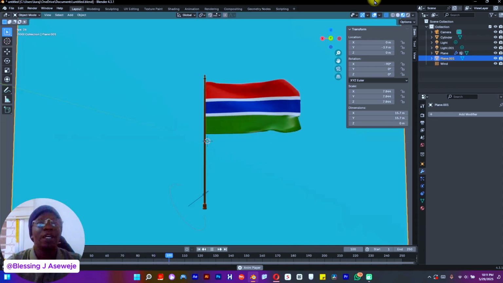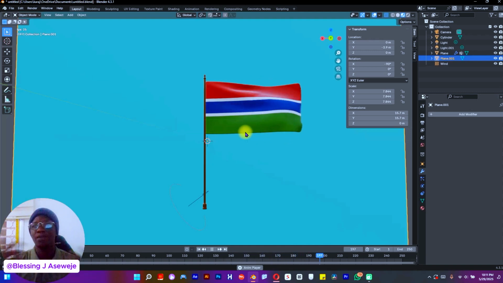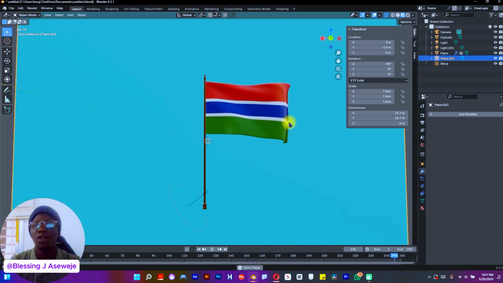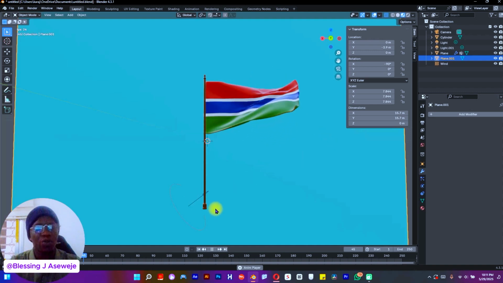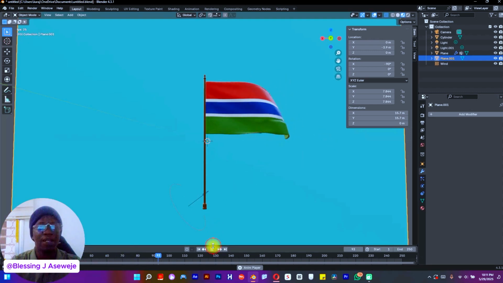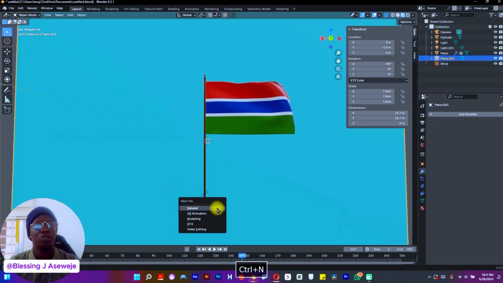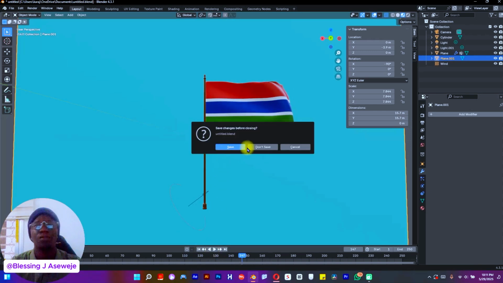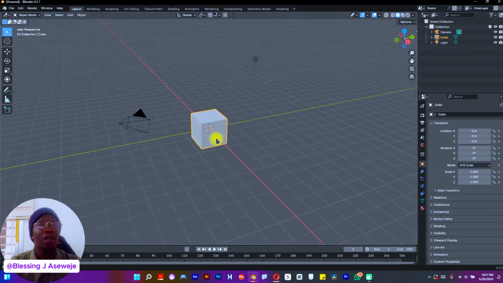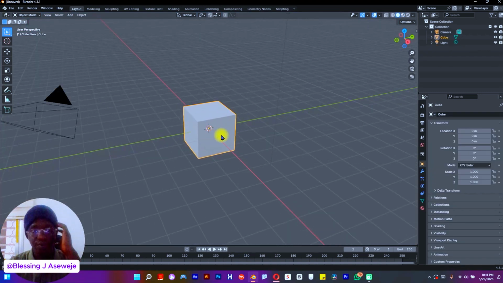Okay, so this is something you can actually do in Blender. It may take you like 2 or 3 minutes, but because I'm explaining, it may take a bit longer. So I'll just show you the process on how to do something similar. Blender is actually free, so you don't need to pay for it. So the first thing you want to do is to create a new file, let's just save this, a new file,